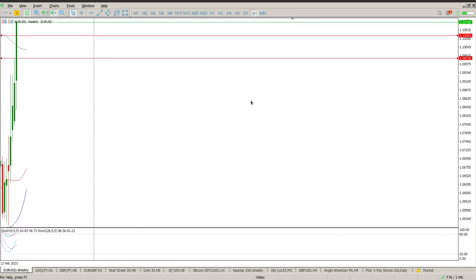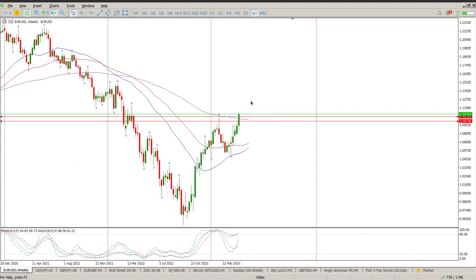If we have a look at the weekly, we have a major level that is busy breaching. Look at the oscillators, nicely set up, separated far away. This, ladies and gentlemen, is pointing to something along the lines of that. Okay, so obviously that's on the weekly with the target of